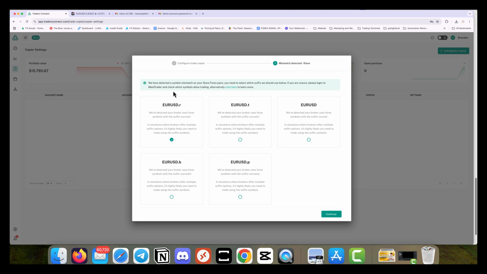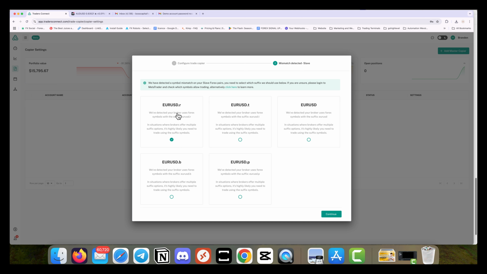you want to just go in your MetaTrader 5, for example, and check and see if it has a suffix. So, for example, with this MetaTrader 5 account, it doesn't have a suffix. It just has CAD, CHF. But if you're using MT4 and you're doing a live account, for example, well, on the live account, I believe it does like